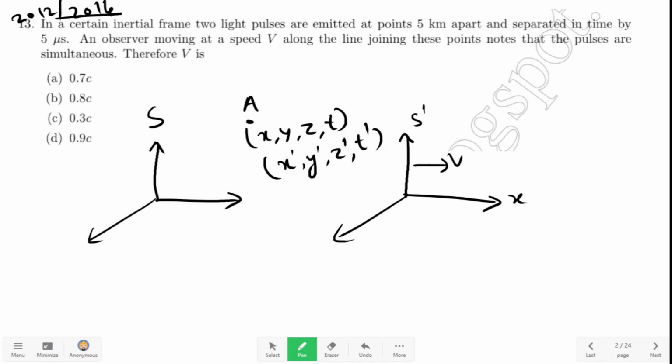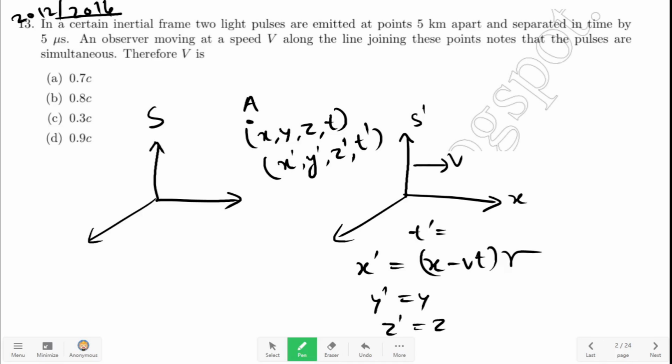Now Lorentz transformation relates x prime with x. x prime is equal to x minus vt times gamma, y prime is equal to y, z prime is equal to z, t prime is equal to t minus vx divided by c square times gamma. Now these relations, which relate the measurements from two inertial frames of reference for the same event,